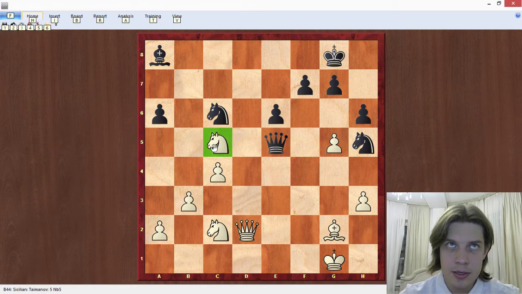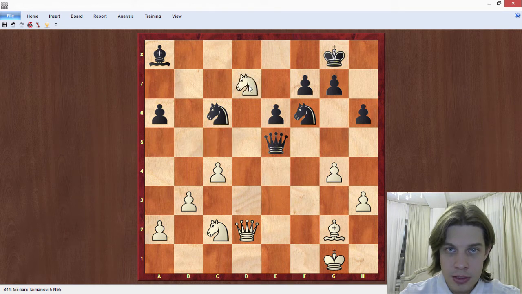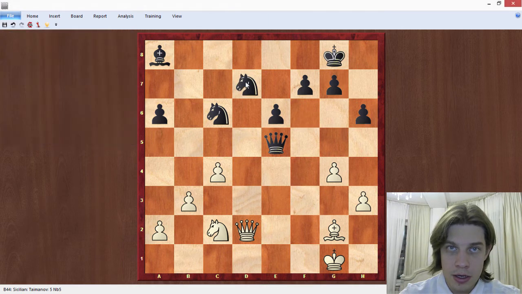This knight is under attack. But white played f takes on e5, so Magnus Carlsen decided to simplify the position. Queen takes on e5. Knight d7 with the idea to trade. Knight takes. Then if queen takes, then even white is slightly better because of this knight's position, so it prevents the queen